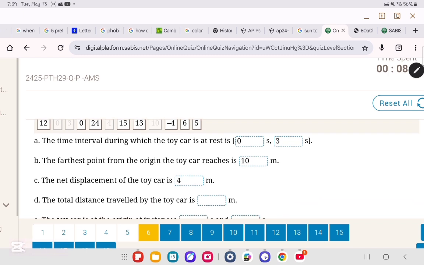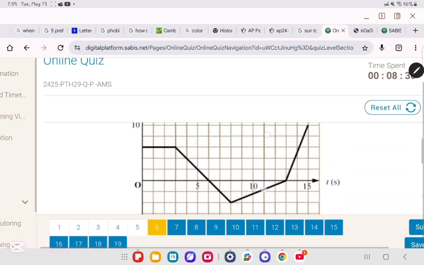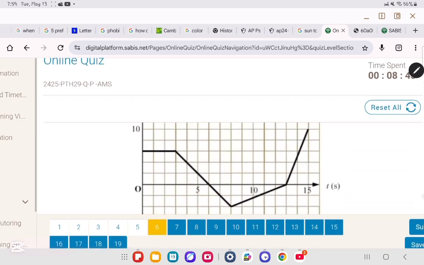Okay, the total distance traveled by the toy car. How do we calculate the total distance traveled by the toy car? Just very simply add. So, here it's not moving anything. We will not consider it. Then we will take its position from here. This is 6 meters. From 6 meters, it goes all the way down to minus 4 meters. Okay? So the total distance traveled from here to here, it is 6 minus 4 meters, which is